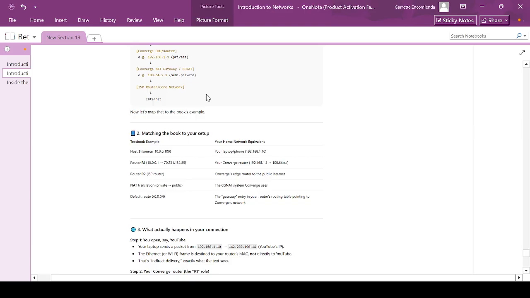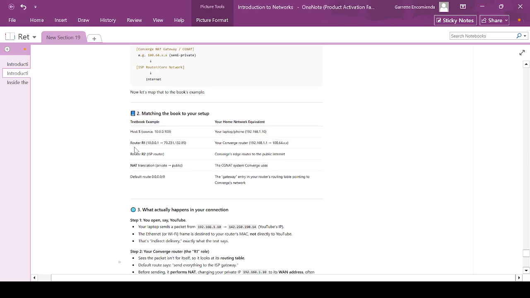So let's map to the book's example, matching the book to your setup. Textbook example, host S source 10.0.0.100. Your home network equivalent, your laptop or phone 192.168.1.10. Router R1 10.0.0.1 for its public interface. And in your case, your Converge router, its private interface is